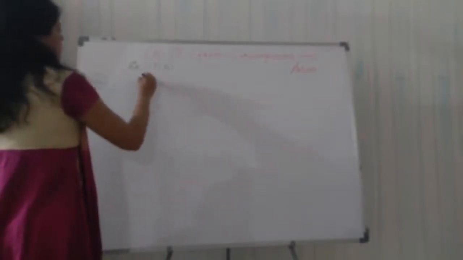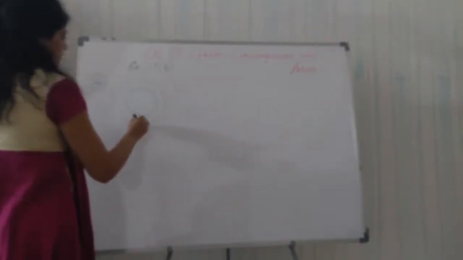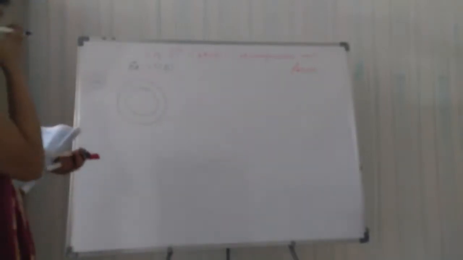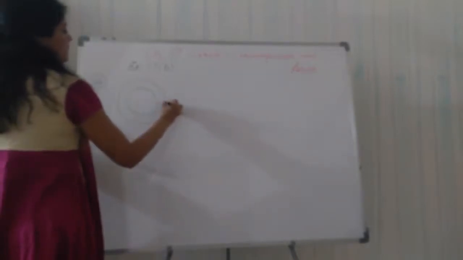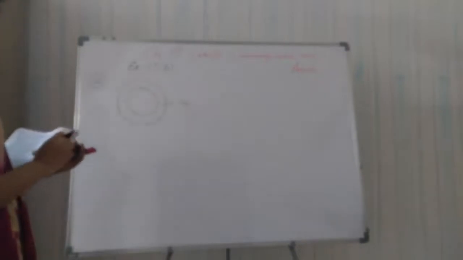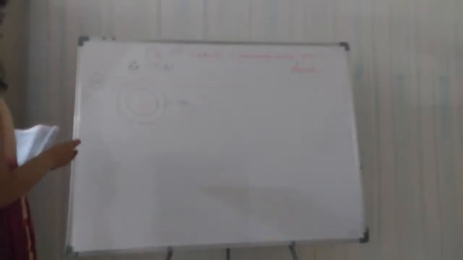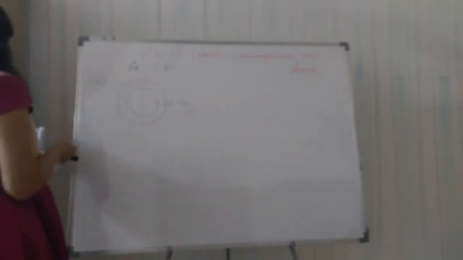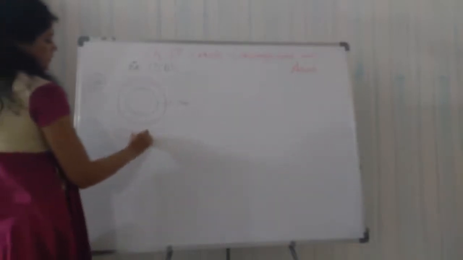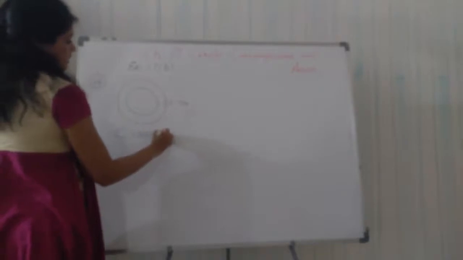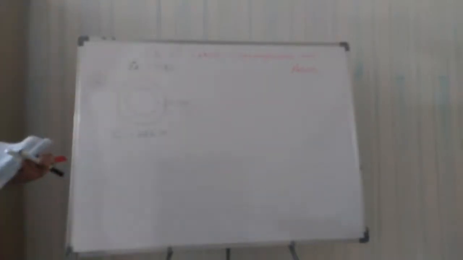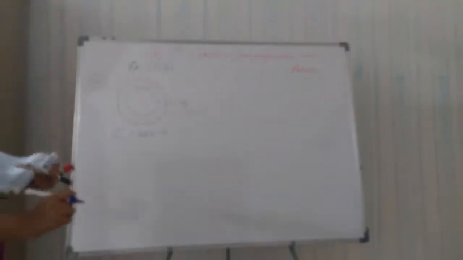So this way I am drawing a road around it, whose width is given to us, which is 7 meters. So this road is of 7 meters. Now the circular park is given to us and its circumference is given as 352 meters. So the circumference of the inner circle is 352 meters. Find the surface area of the road.